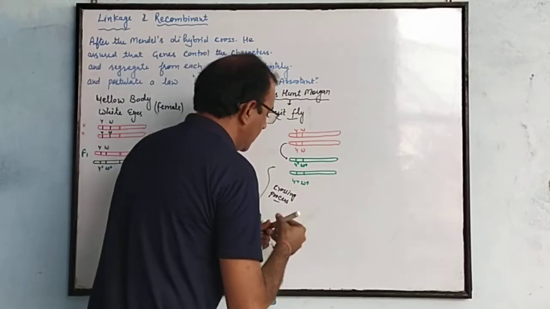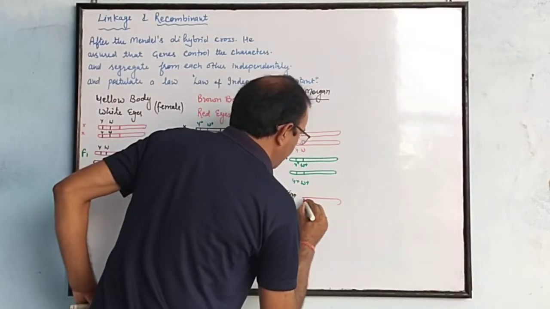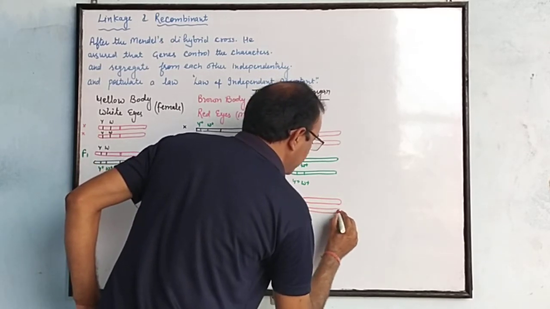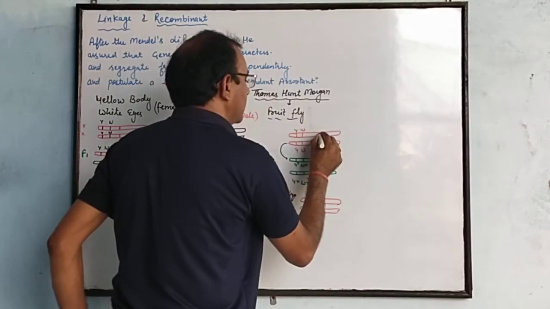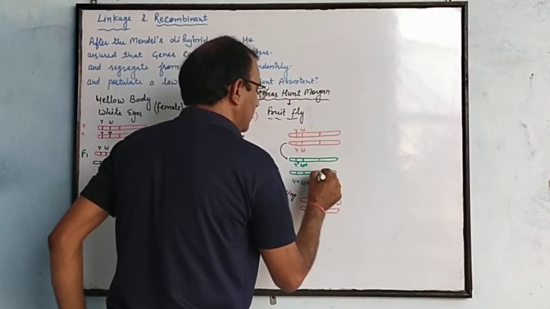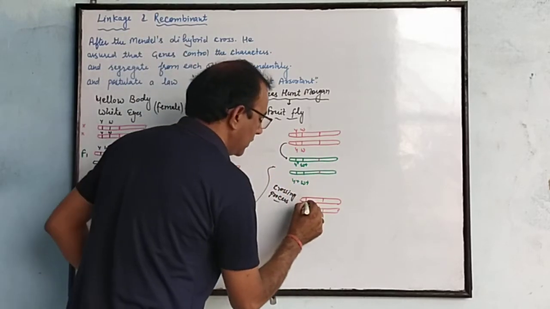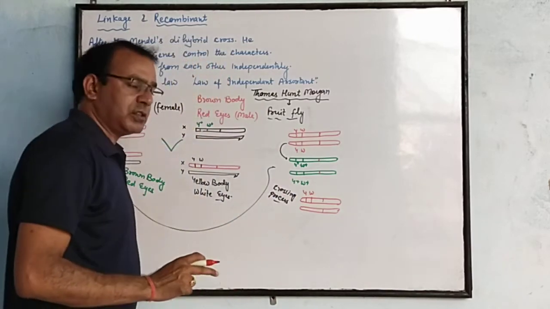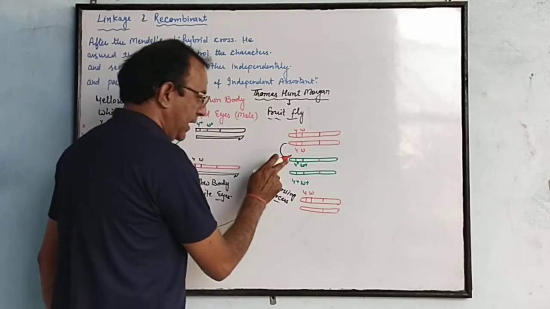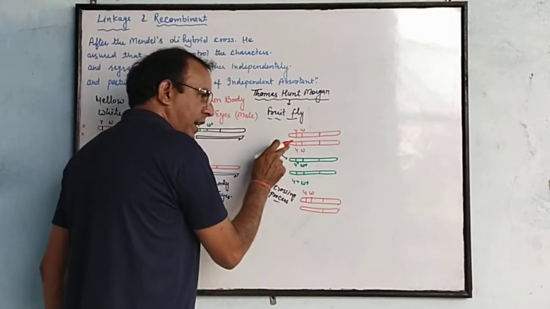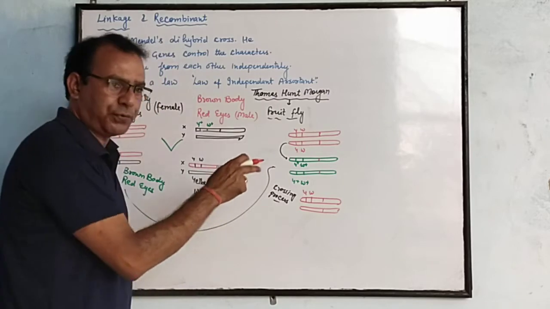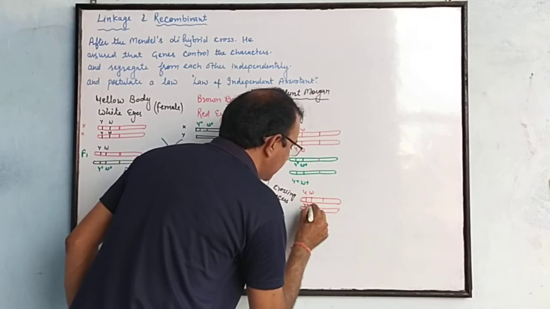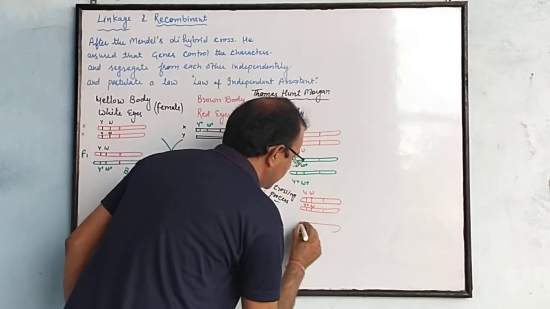First one is the, we can take it from here. This one contains YW and this one is also YW, but non-sister chromatids, when the crossing process takes place, overlapping, Y plus comes to here and Y comes here. So exchange of genes can also take place. So it makes Y plus W, and the other one is